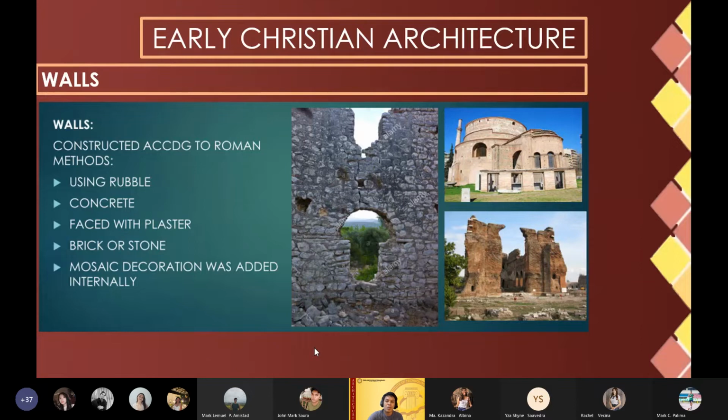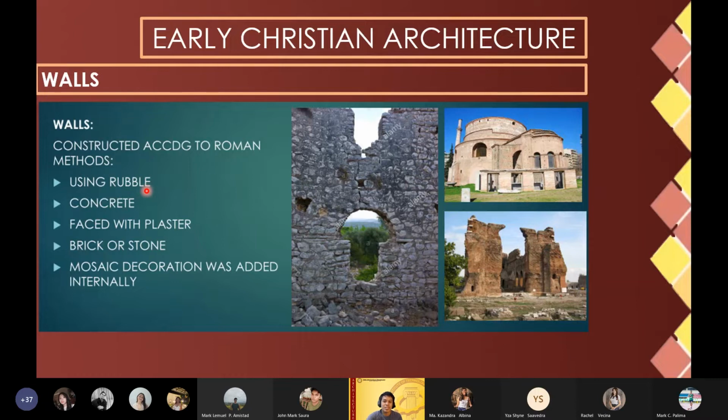Okay, so how about for the walls? In terms of walls for early Christian architecture, they use rubble. So what is rubble? Again, if you go back to the influences, one of the influences, they used the old stones, old quarries from Roman architecture or Roman buildings. So rubble are those irregular stones on the ground, and then they collect it and then they form it